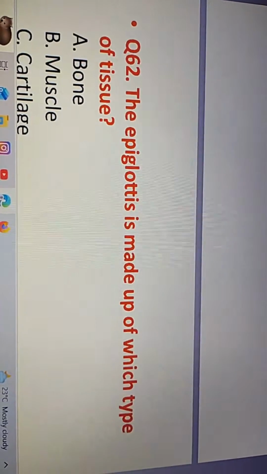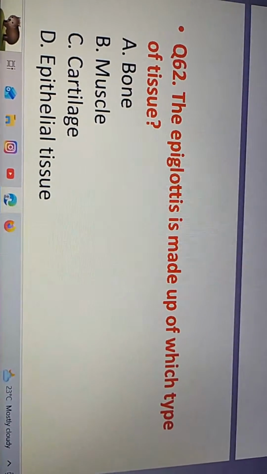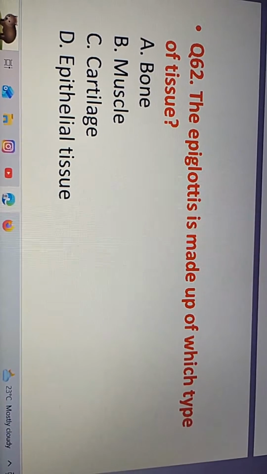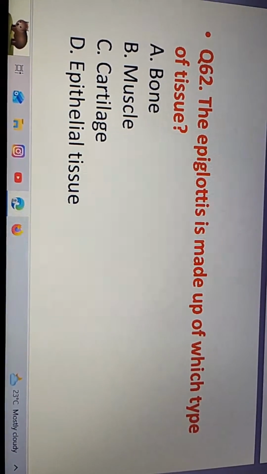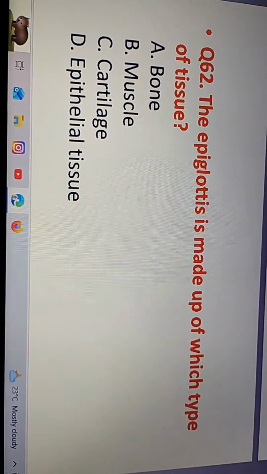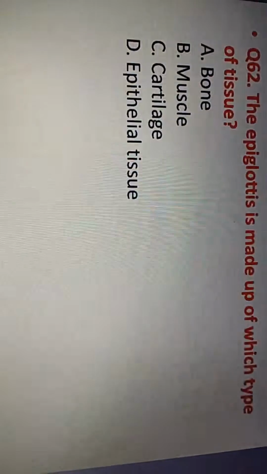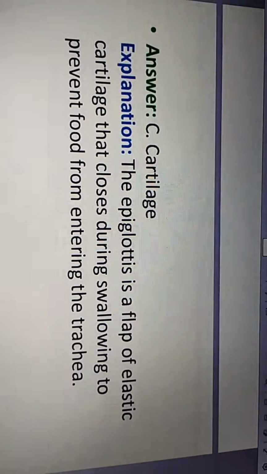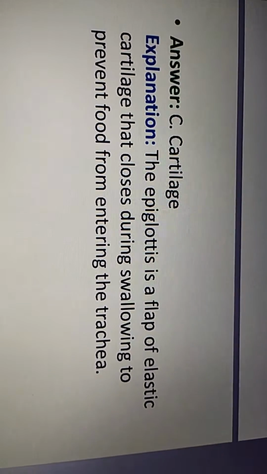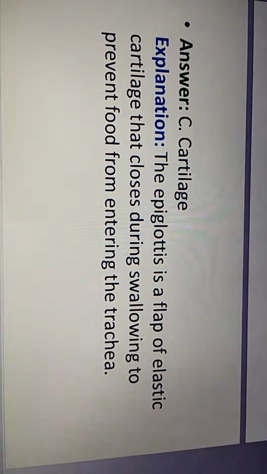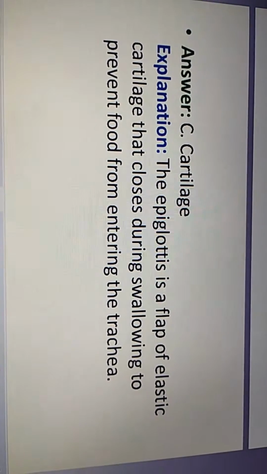The next question. The epiglottis is made up of which type of tissue? Option A, bone. Option B, muscle. Option C, cartilage. Option D, epithelial tissue. The correct answer is option C, cartilage. The epiglottis is a flap of elastic cartilage that closes during swallowing to prevent food from entering